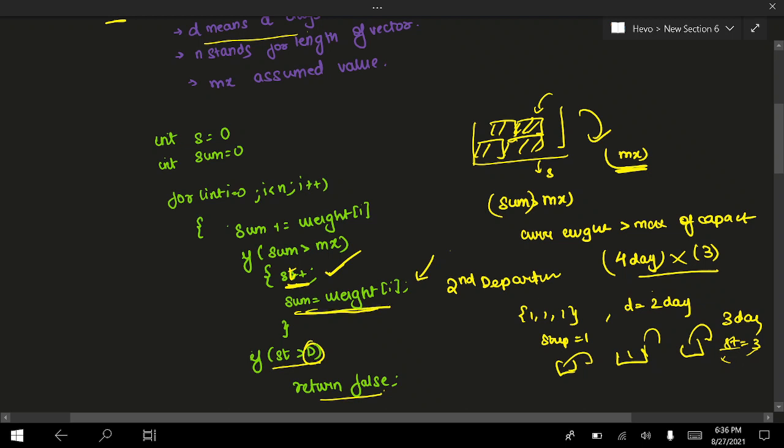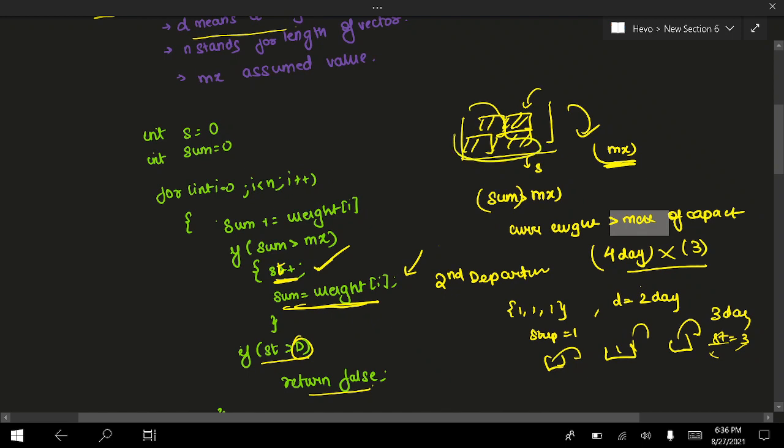And after that, if it is being overloaded, what we can do is just pass all these values again, because no one is caring. We are actually not putting the weights in the container. It's just the concept. We are just setting it on sail. We have to just initialize the value again, not to 0, but to weight[i].